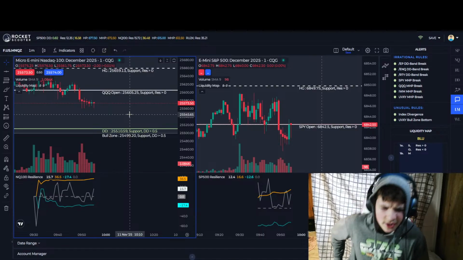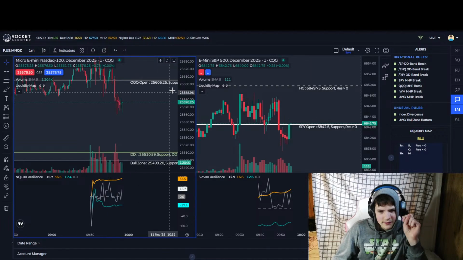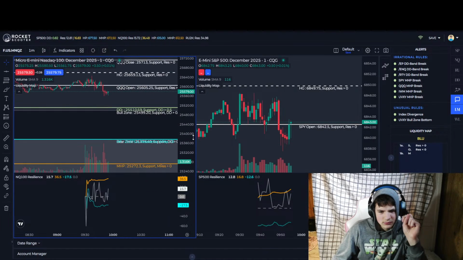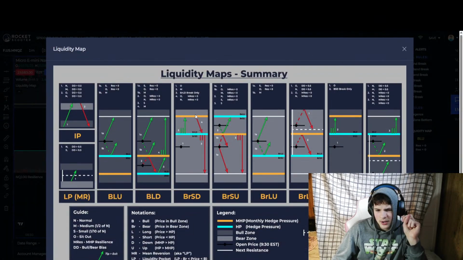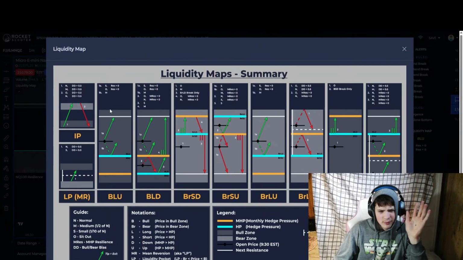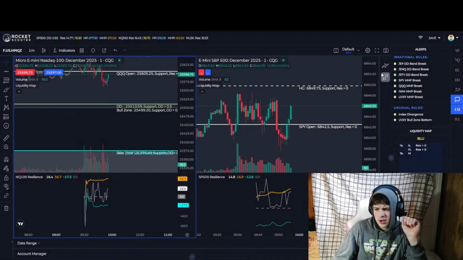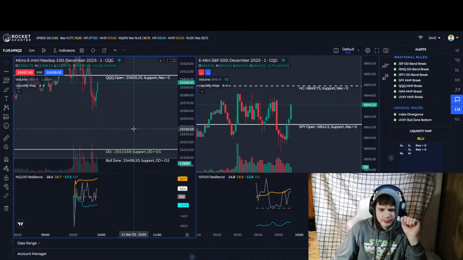All these indicators, and it shows you how the market's going to move and stuff. You know, see, these are all the liquidity maps here. Each one is different. He also has a boot camp where you can learn about Rocket Scooter. It's $20 for 30 days, so $1 a class. Very affordable, and it's a very good platform.